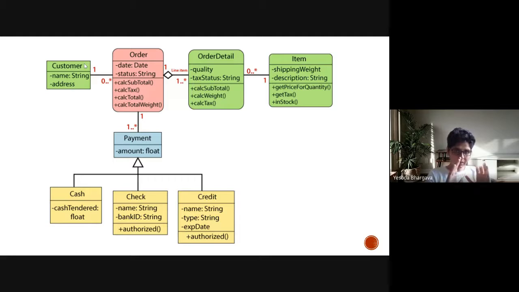So when you look at this particular diagram, what do you think is the difference that you see in the class diagram? If you were to make a similar diagram, a use case diagram or a process diagram, what exactly is the new thing that you can see in class diagrams that was not quite visible in the use case diagrams or process diagrams? What do you think is the difference here?